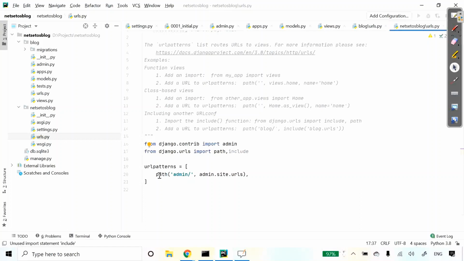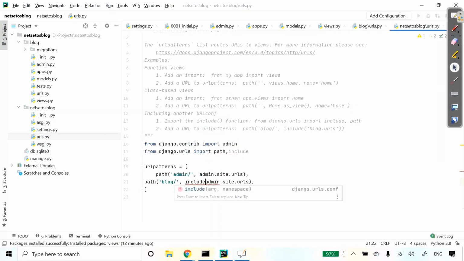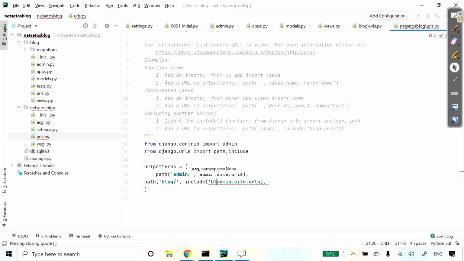And here we have path admin.site.urls. So let's add blog also here, which will include blog.urls. Let's keep it in quotes, and here the namespace will be blog.